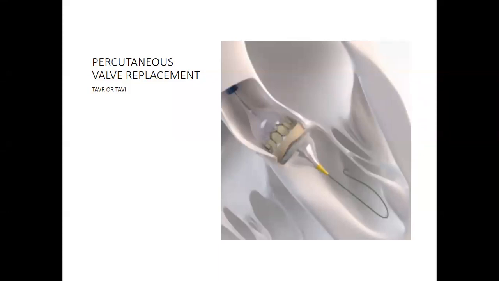So this is actually the percutaneous method by which you can simply place a valve between the ventricle and the aorta. So this is the percutaneous method of replacing the aortic valve. The TAVI procedure is being done in this figure, you can see.